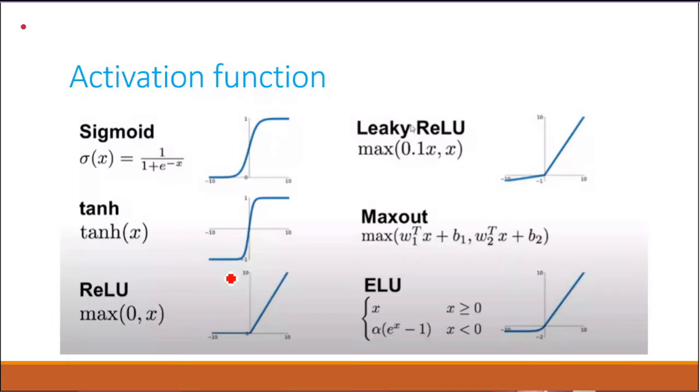Besides the sigmoid, we have the softmax function, which can be used for classification. When I go for binary classification, suppose you are given one image: is it a person or not? Suppose you are given a cancer disease image: is the disease there or not? At that time I can go for only two classes, either yes or no. The sigmoid equation is 1 divided by 1 plus e to the power of minus x, and its range is 0 to 1. So it is used for binary classification.